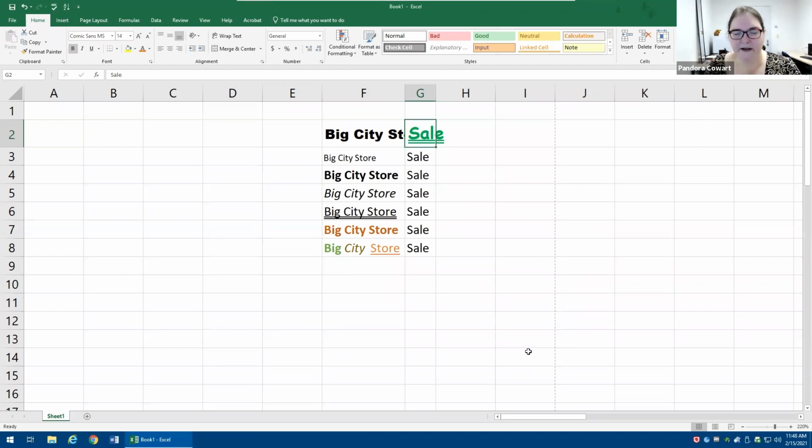Cool. I'm going to make believe that I love the way this looks. And I want the big city store in front of it to look exactly the same way. So I could go back through and change all the options again for this cell, but there's a faster way. I'm going to stay here in G2, Golly G2, and I'm going to look back in that clipboard with that